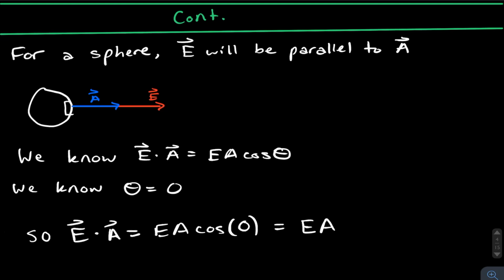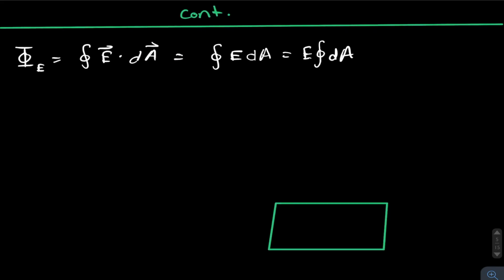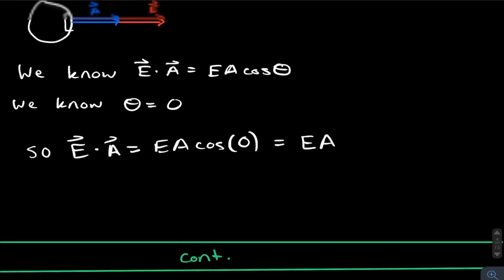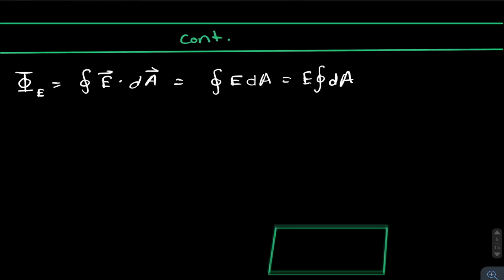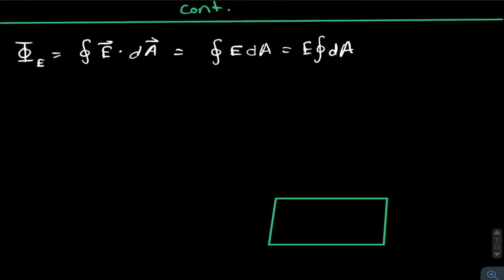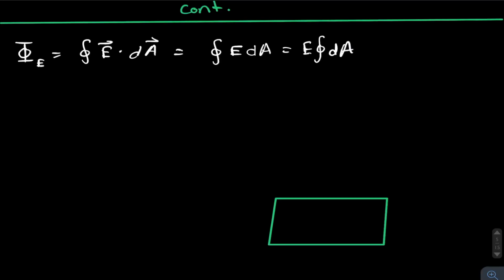But we're going to continue on a little bit more here, and we're going to bring back the formula that we found, right up here. And we're now going to make it a closed integral. Again, if you don't know what a closed integral is, don't worry about it. We don't need it, and I don't need to really talk too much about it because it's just going to confuse everybody. So the electric flux is equal to the closed integral of E dot dA,